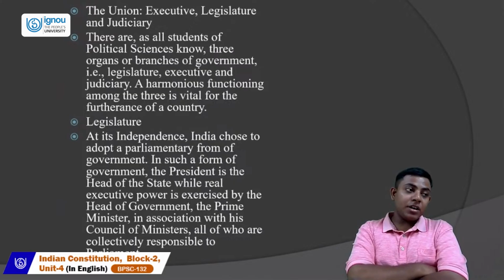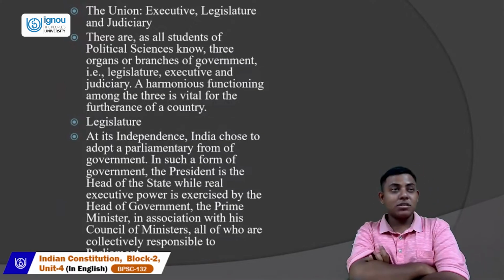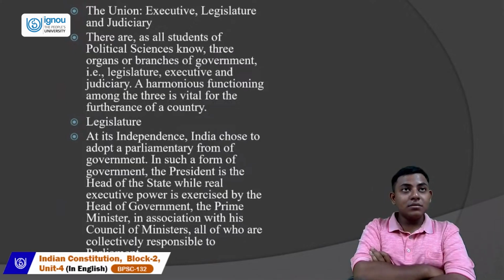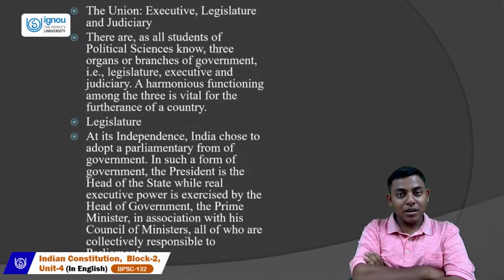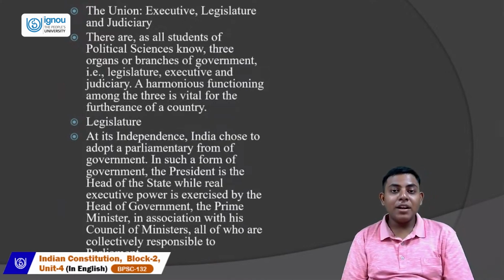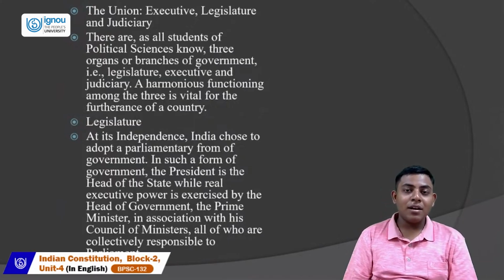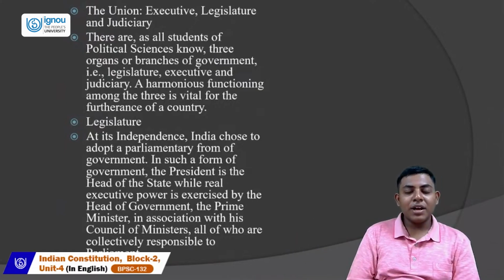Then Article 72 is there, which talks about the extent of the Union's power. So all the subjects that are given in the Union list, the Union government has the power to legislate on those subjects. That is given in Article 73, the extent of the Union's power. Article 72 basically has the provisions regarding the pardoning power of the President of India. So the President of India can pardon, can commute, can give respite to those people who have been convicted for